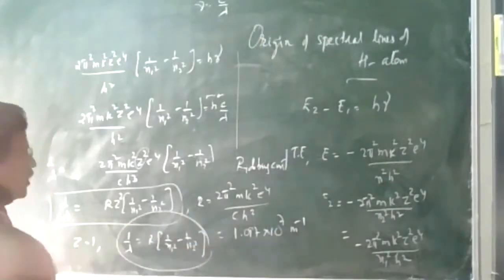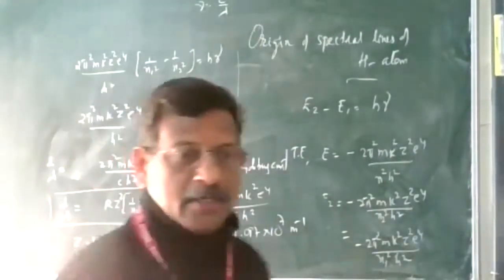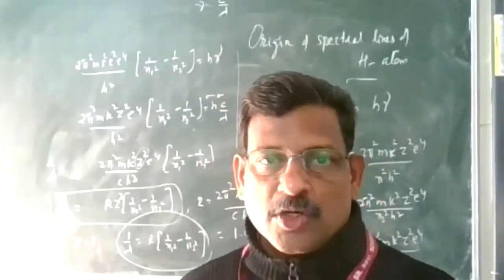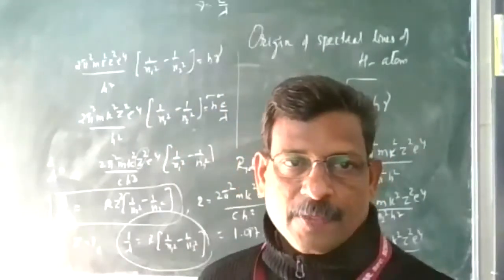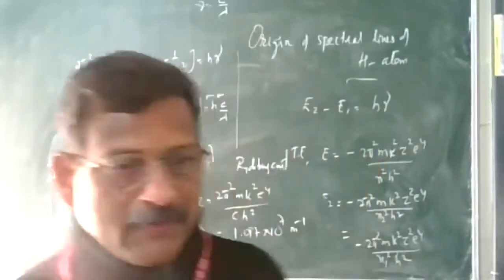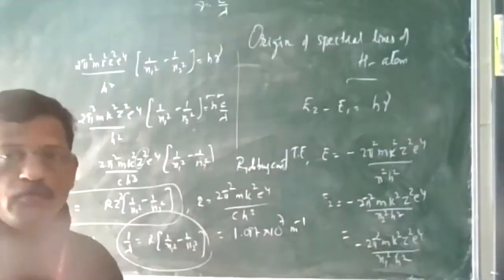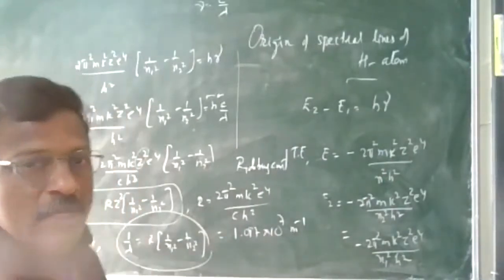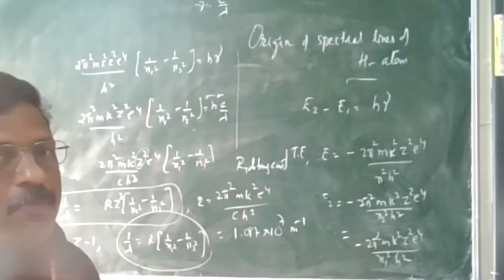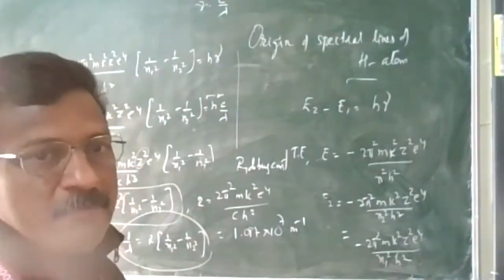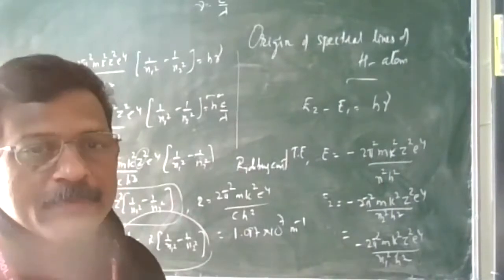So this equation is known as the Rydberg formula, and Bohr used this equation to explain the different spectral lines or series of hydrogen atoms. So according to this equation, we have definite values of n1, n2, so we have definite wavelength. So we get only a line spectrum, not the continuous spectrum as proposed by Rutherford. So hydrogen spectrum is a line spectrum.